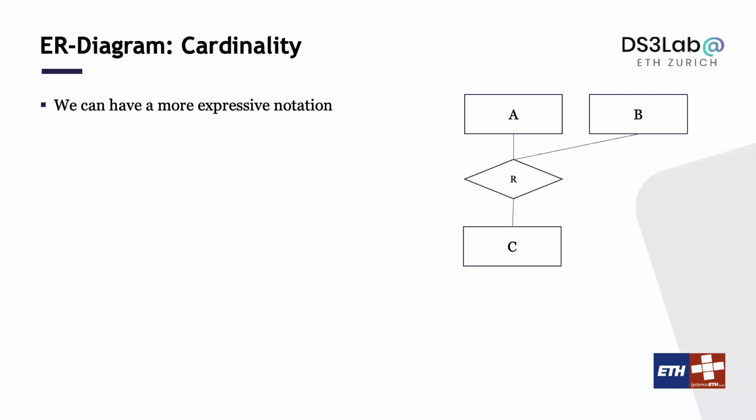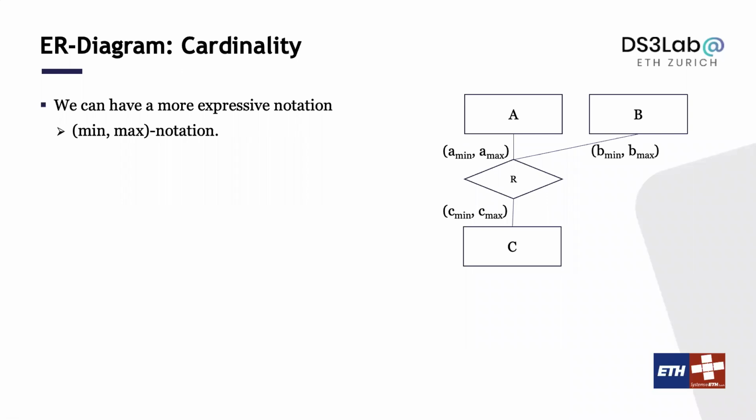And we can actually have another notation that's a little bit more expressive. That is something we call min-max notation. In this notation, to express cardinality, we write two numbers associated with each edge. And that is the minimal amount of time and the maximal amount of time the same entity A can participate